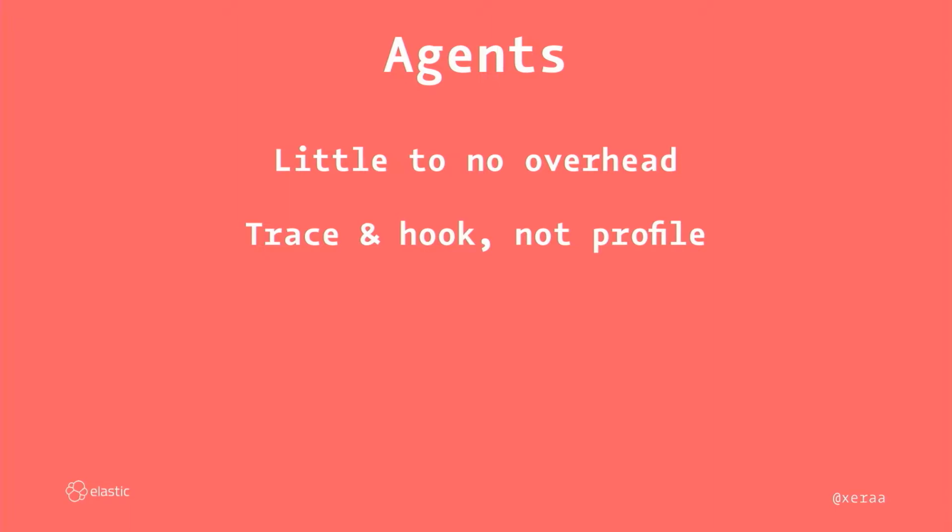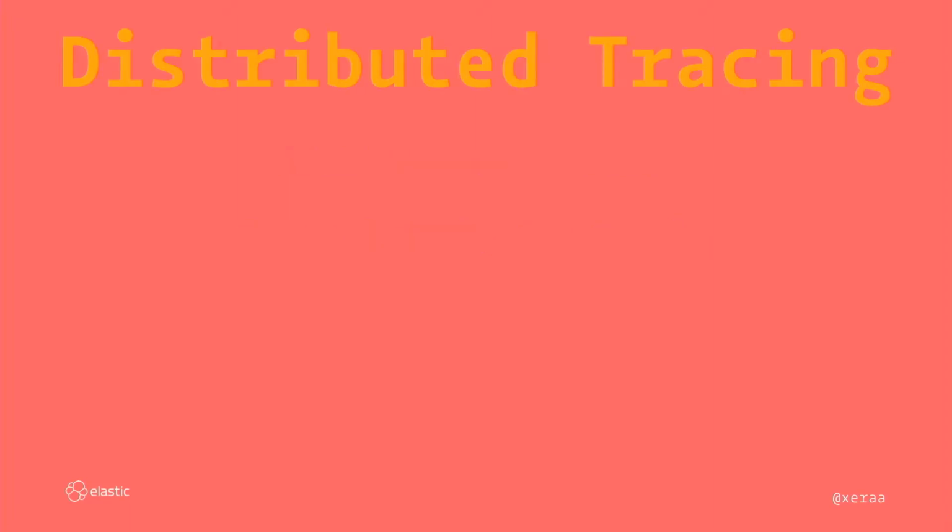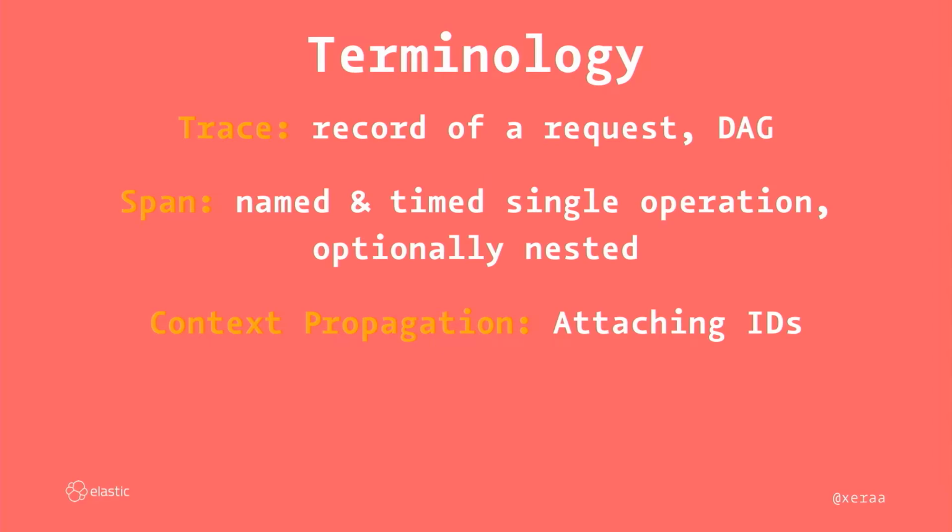The idea of an agent is you have little or no overhead, so it's not profiling, which you sometimes do, like JVM profiling, where you attach to the process, which has a lot of overhead. But an agent generally runs all the time because you want to extract that knowledge and value from the running application at all times. And then you have distributed tracing, which basically has, if you have this multi-service architecture,